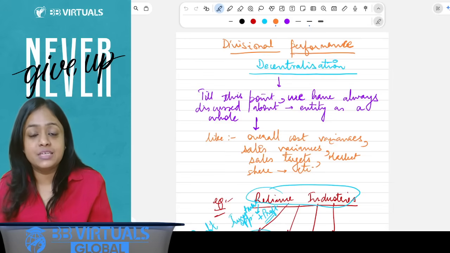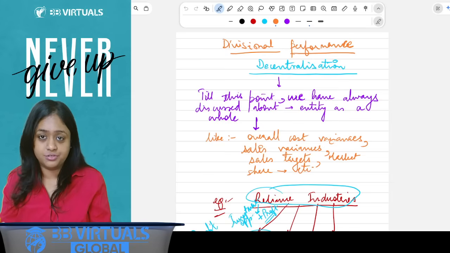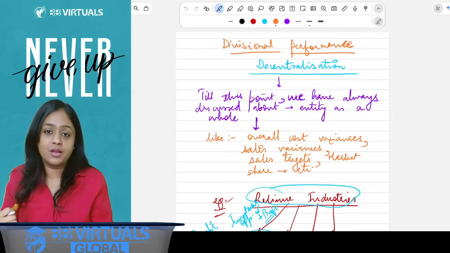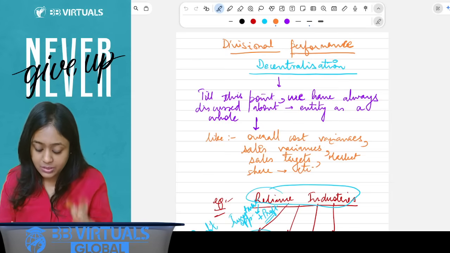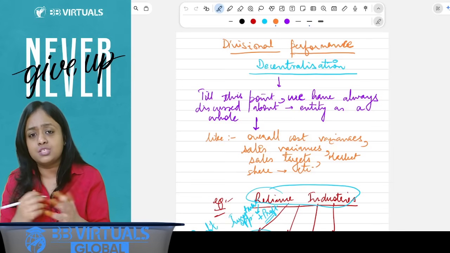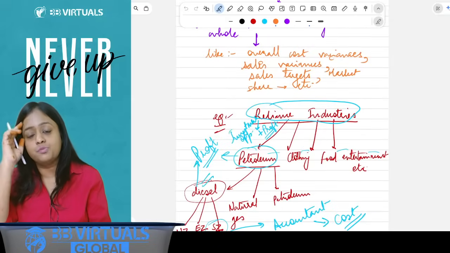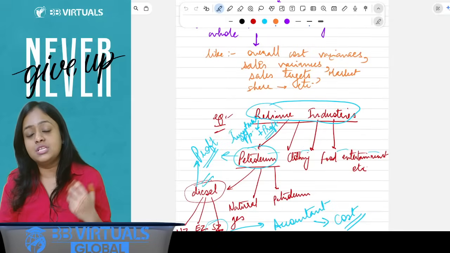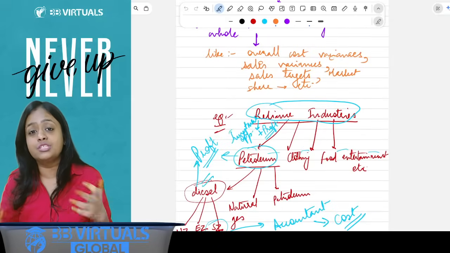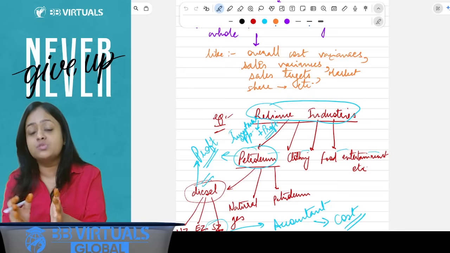When we discuss the divisional performance measures, it simply means decentralization, talking about divisions, right? From the entities, now we come down to different divisions. Till this point, in the syllabus, we always discussed the organization as a whole. At some places, though, we discussed divisions also. Decentralization means divisionization. You now don't look at the entity as a whole, but reduce it down to the